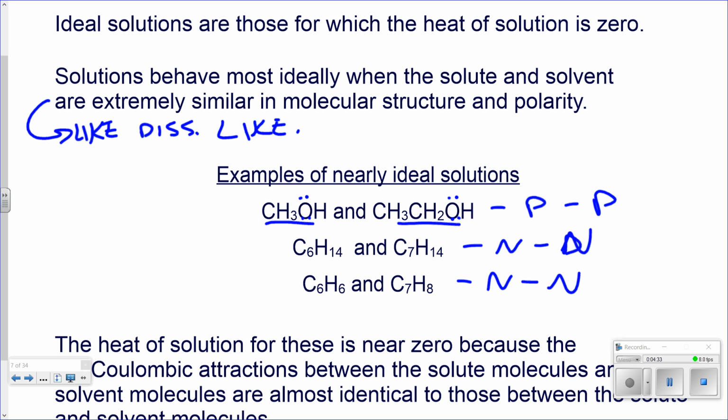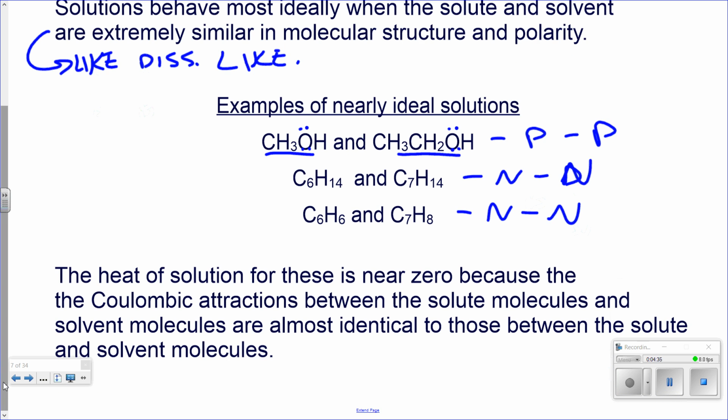Okay, so now let's take a look at this. The heat of solution for these are nearly zero because the Coulombic attractions between the solute molecules and the solvent molecules are almost identical to those between the solute and solvent molecules. Okay, so again, we don't really know which one's the solute and solvent, and the way that we would determine